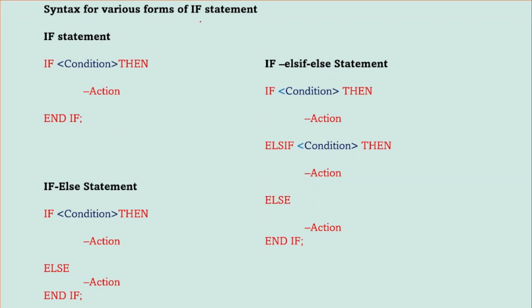Now, this is the syntax of if statement. First one is if statement. If some condition is true, then there will be some action. So, take an example. If I want to check whether a given number is even, I have only one action. If the given number is even, I will be giving you the answer: the given number is even. And this kind of problem can be solved with the if statement. There will be one condition and one action. This is if and this is end if. Begin and end.